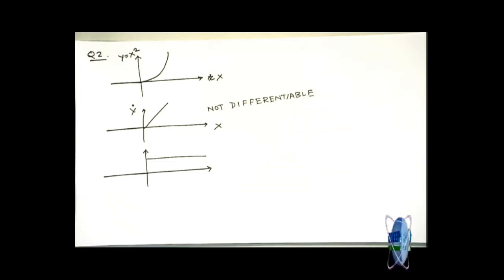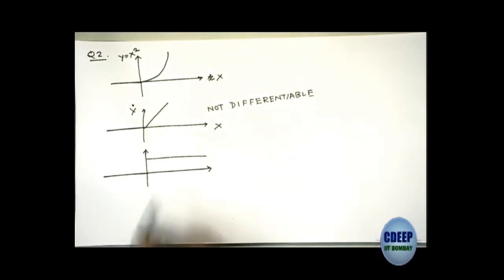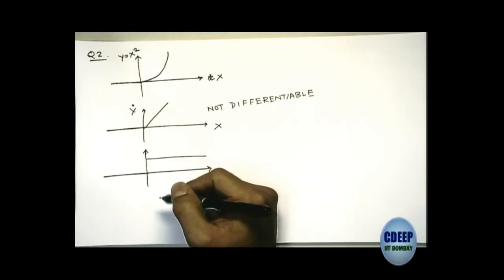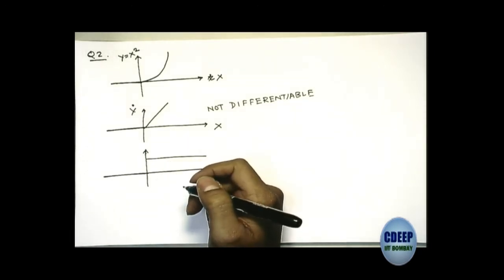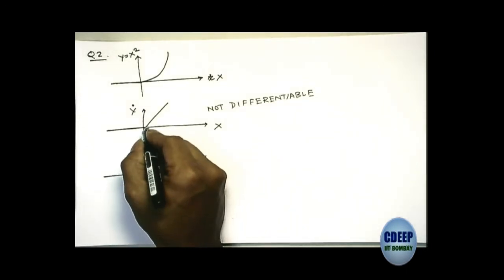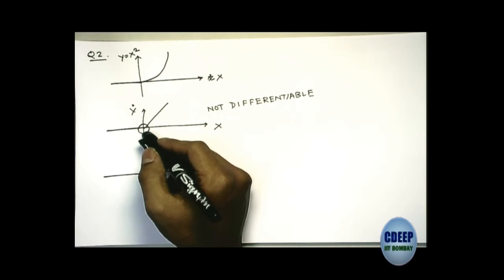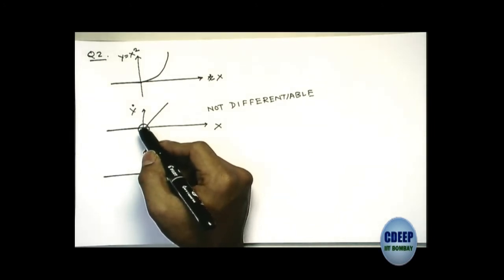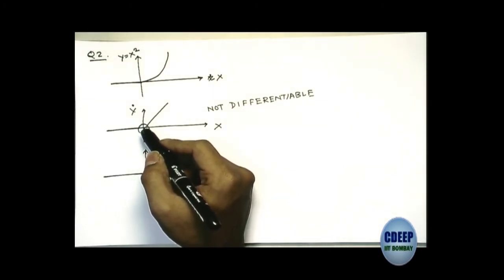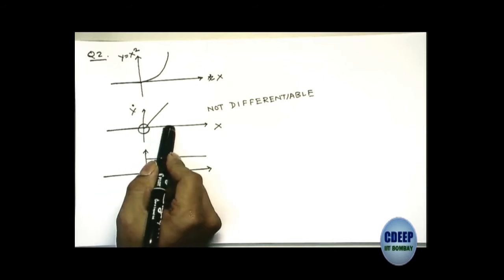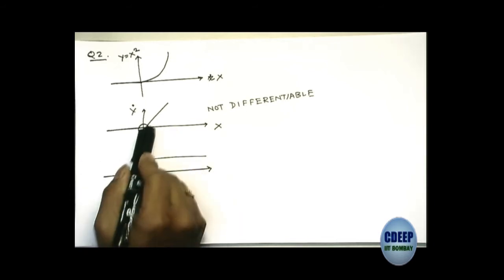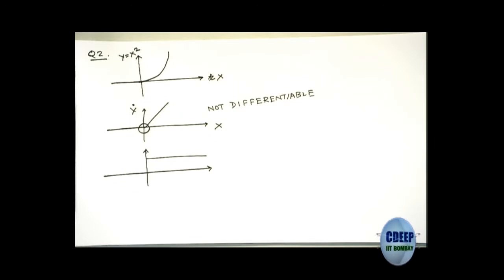Well, to be more precise, it is not continuously differentiable, because once you differentiate it, you get something that is not even continuous. That happens because there is this sharp edge here. See, there is this sharp edge. Differentiable means that it is smooth always. You can define the tangent at every point. But if you want to define the tangent at this point, you run into a problem, you run into ambiguity. Is the tangent like this, or is the tangent like this? That is not clear at this point.